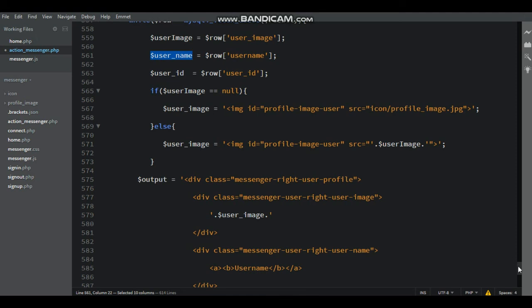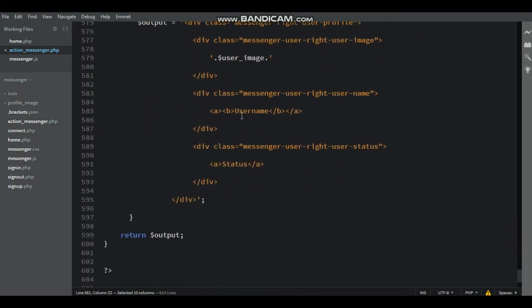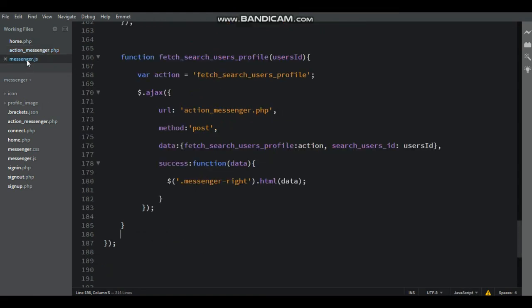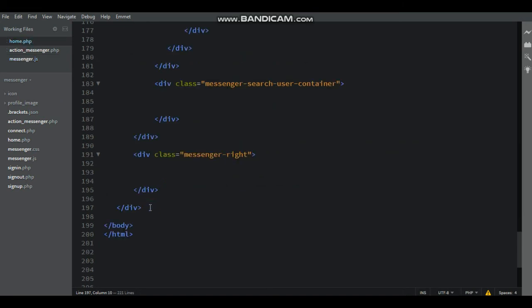Now also paste the username inside the bold tag using single quotes within concatenate, that is $username. Now save the home.php file.